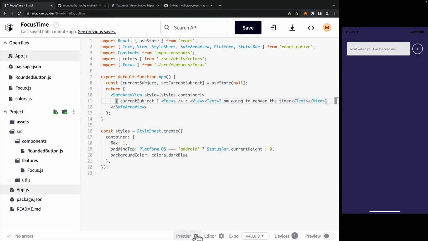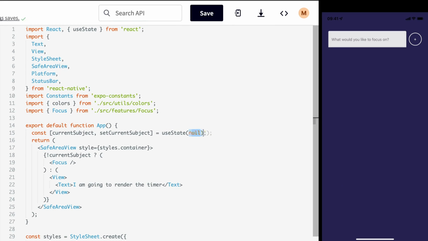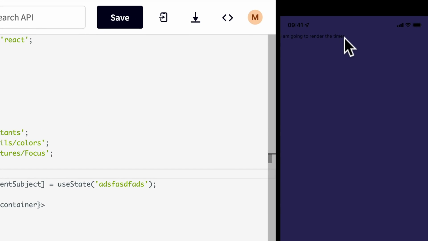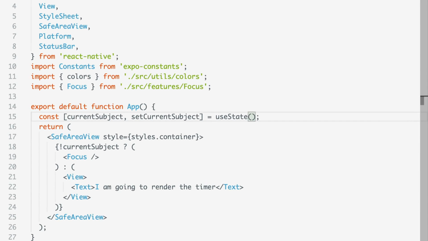And then we'll just run prettier on that. And what you can see here now is, hey, if I add a value inside of here, I am going to render the timer. That's what we're visualizing. Okay, so that's good. Now we know that we can swap between both, but we need to be able to